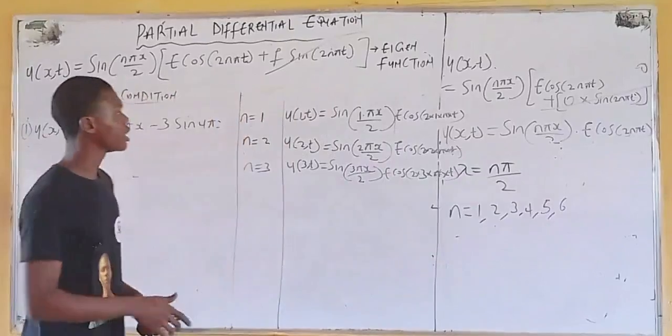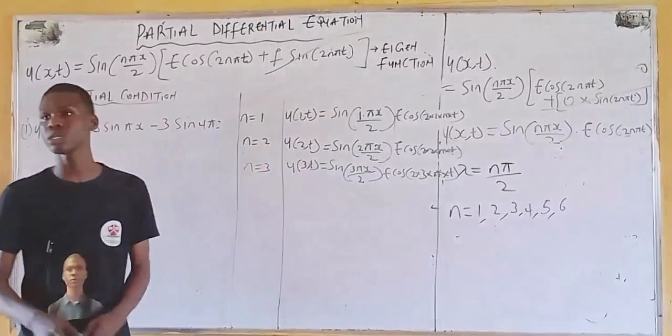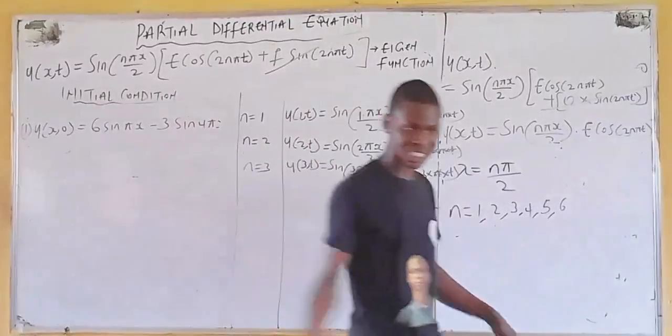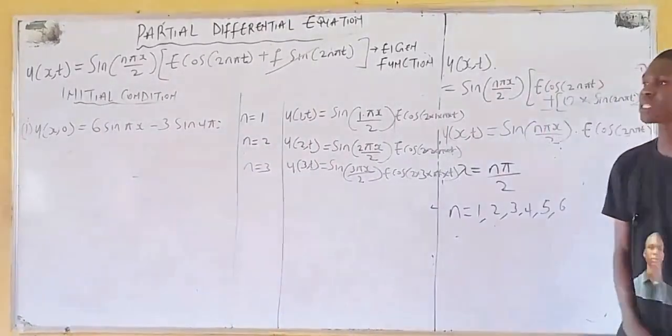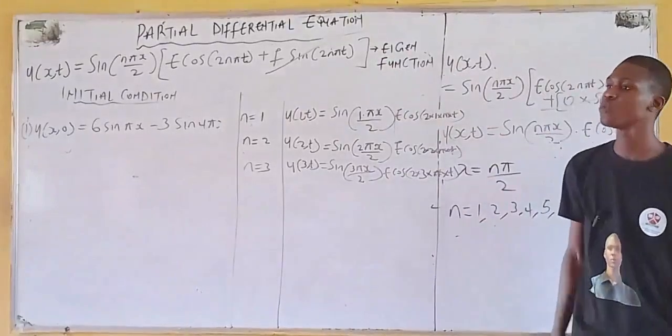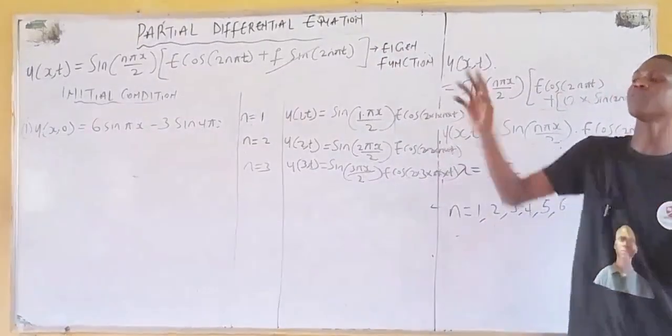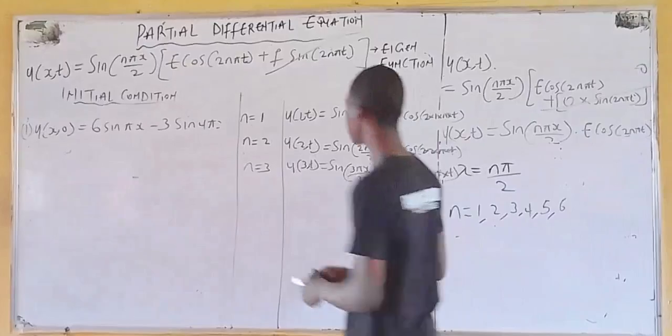Now, what do you observe? This wave equation for n equals 1, n equals 2, n equals 3. What do you notice? They are following the same pattern. So if you are following the same pattern, it means you can write a series solution for it, where that series solution you can get for any value of n. So your series solution becomes